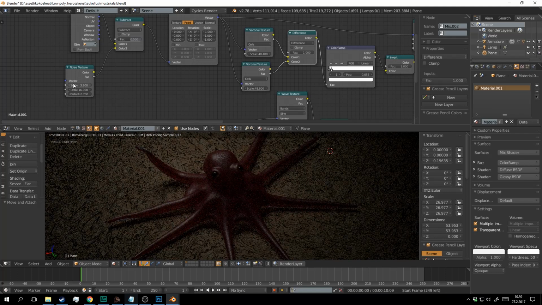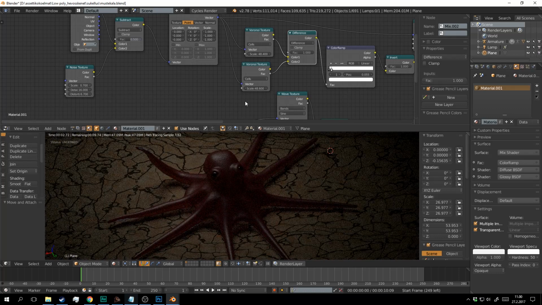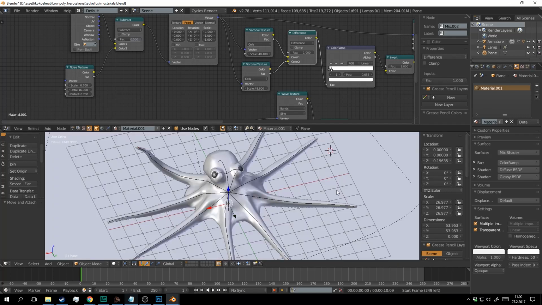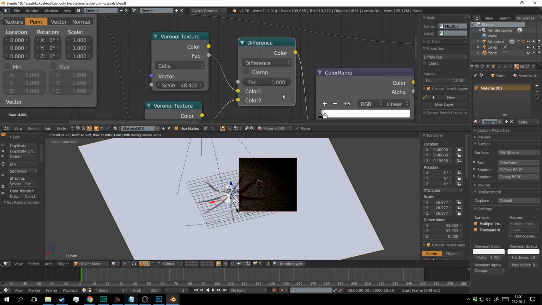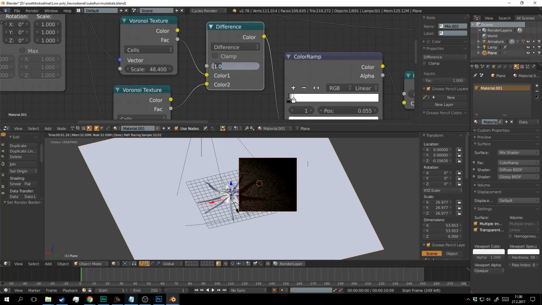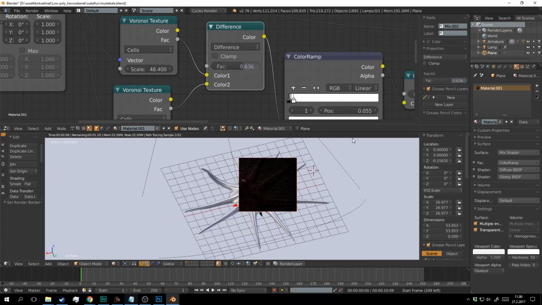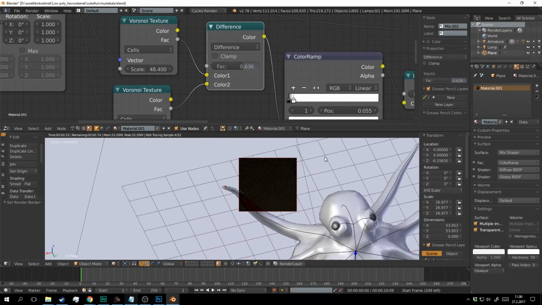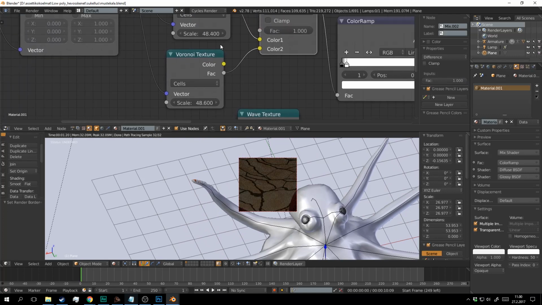Let's change some settings and you will see how it affects. With this you can do all kinds of different effects and make the cracks a little bit larger or smaller.